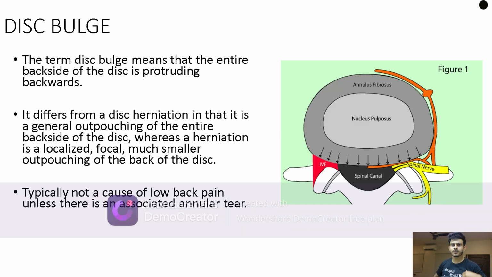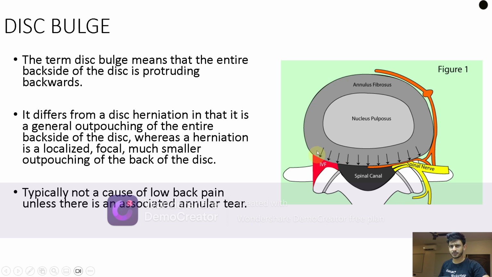Coming to what a disc bulge is. Before we go ahead with herniations, I'll just tell you what a disc bulge is. As you can see here, the disc bulge means that the entire backside of the disc is protruding, which means it's a uniform protrusion. There's no localized part of the disc which is sticking out and compressing any nerve. It can compress nerve roots, but this rarely occurs with an isolated disc bulge. It's an even protrusion. You can see here there's no part of the disc which is sticking out more than